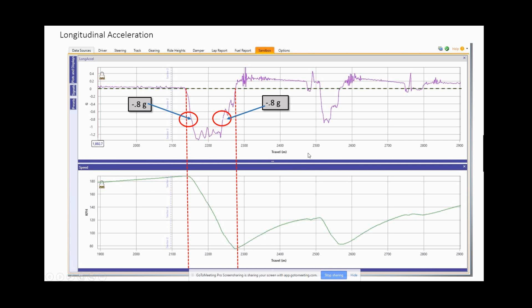Another way to look at this real quick, if we run a line across here, here the G trace is coming down, and we're at minus 0.8 Gs. Well, here the G trace, sorry, I need to go back a slide here. Okay, here the G trace is on the way back up, but we're still at minus 0.8 Gs, indicating we're